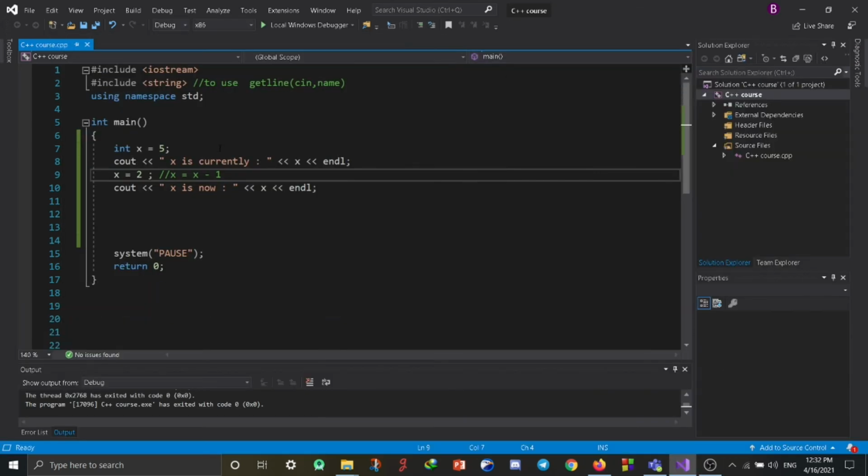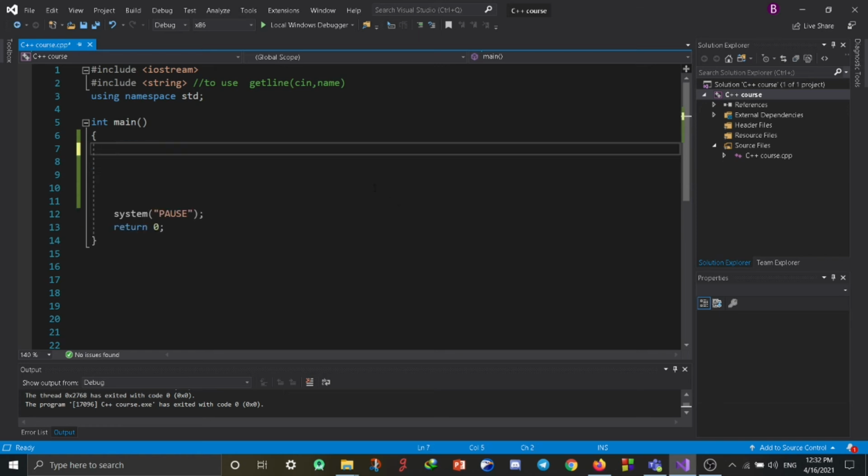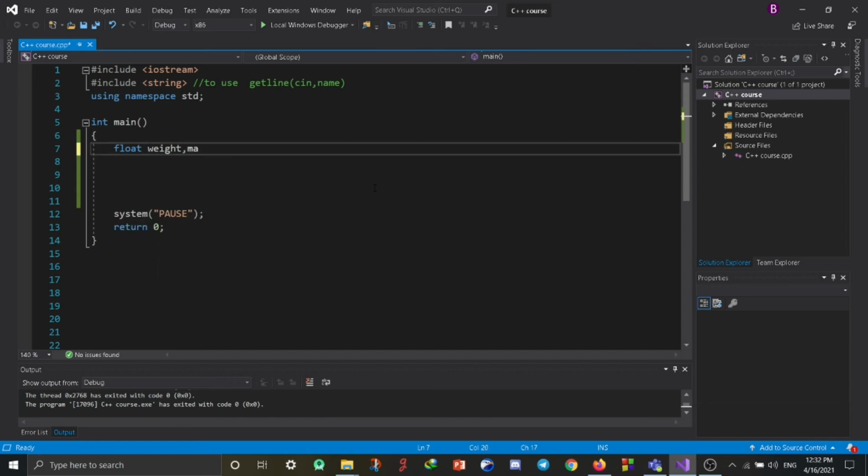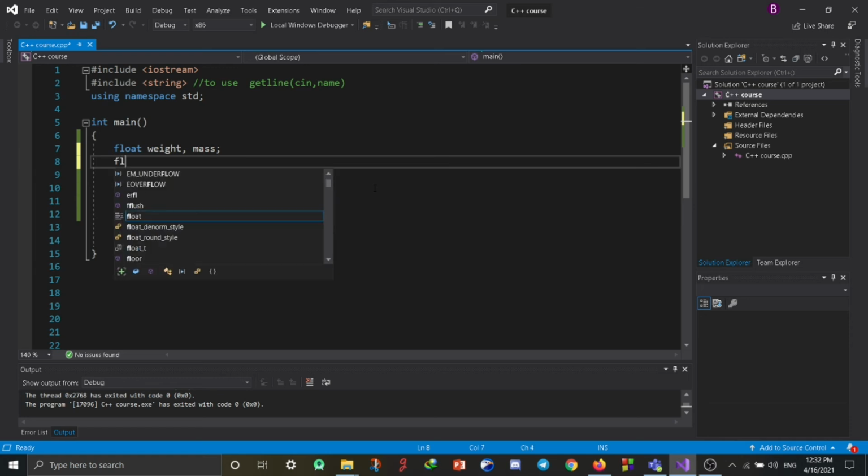So yeah, as we can see now, we can do multiple things here. We could write formulas, for example. Let's say we want to write the formula for weight equal mass times gravity. We can say float weight, float mass, float gravity, and this is just an example. Actually, let me set the gravity manually, and the user will enter the mass only. So float gravity